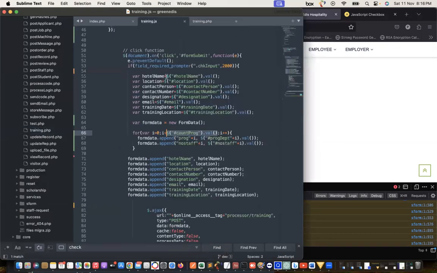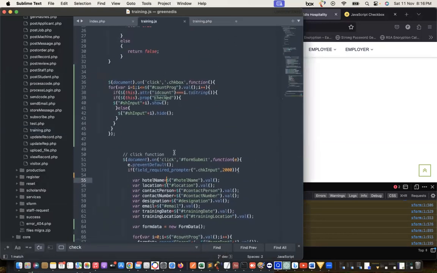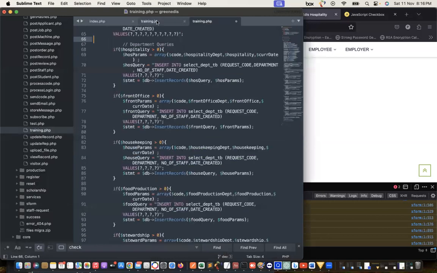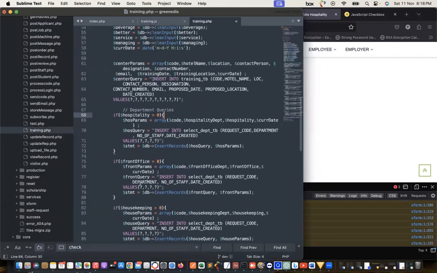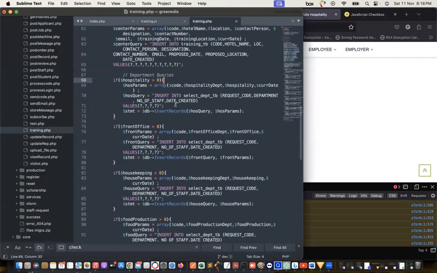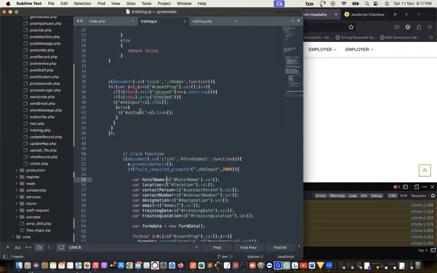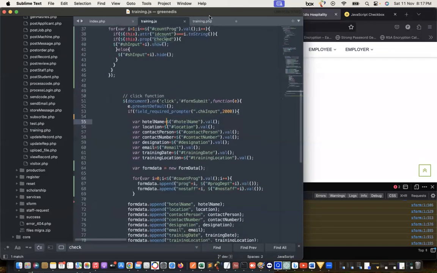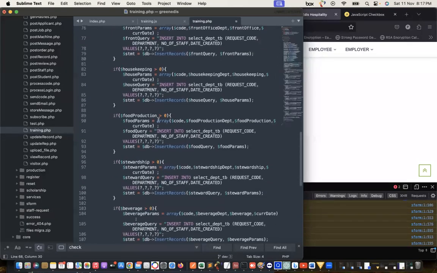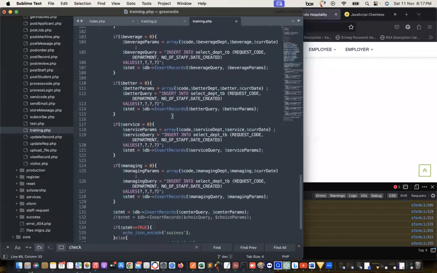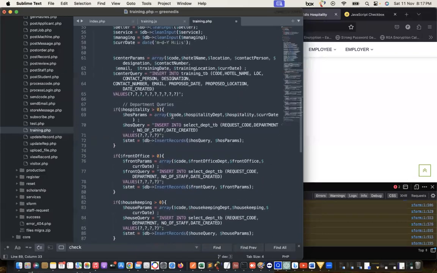All right. So I hope Benjamin, when you see this video, when you see this recording, it means that at this point you are going to continue. So you are going to proceed with the training.php. Write a single loop that will handle the insertion. A loop to receive the form data inputs here in the processor, and then do the insertion, and then you get rid of this if functions here. It has to be represented